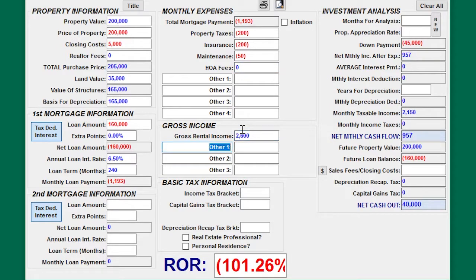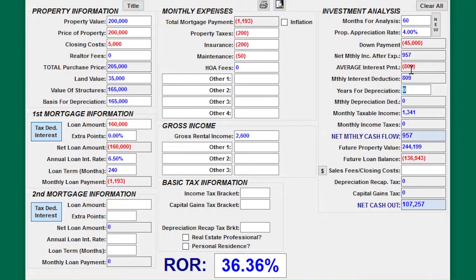The gross rental income was $2,600 a month, so that was a really good deal. And it was for 60 months is the way we're analyzing this. And the property appreciation rate, we can fool around with this. They had analyzed it at 4%. We can make that less if you want later, but the years for depreciation, so here's the way it works. On a residential house, it's 27.5 years, and on a commercial property, it's 39 years that you can depreciate it over. So we'll put 39 in,